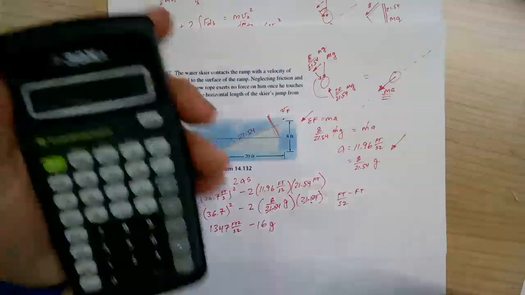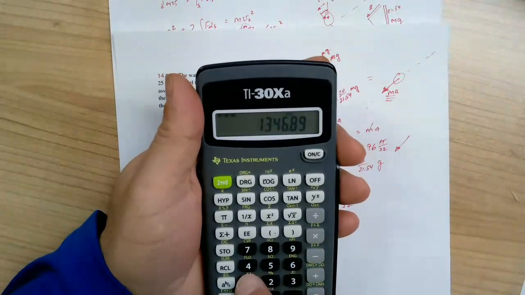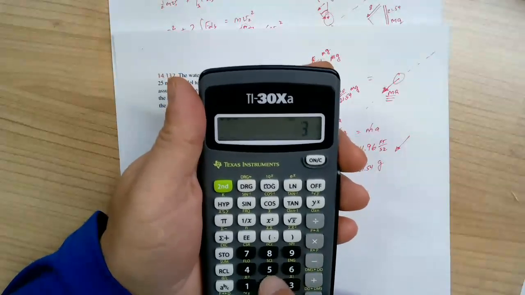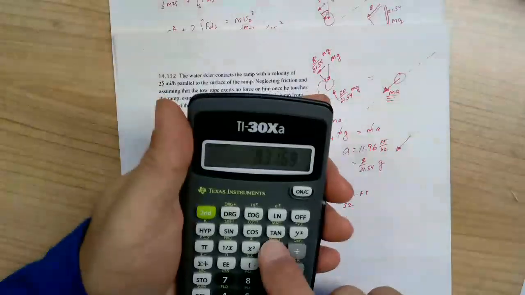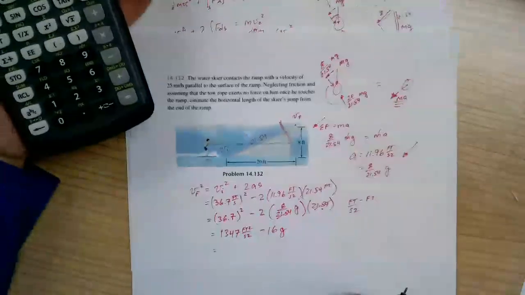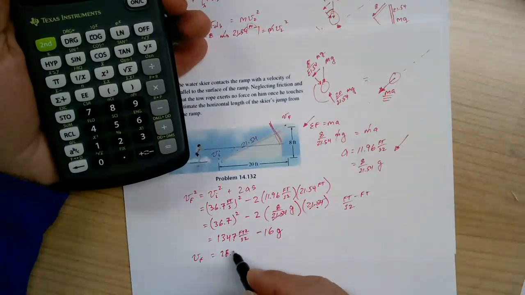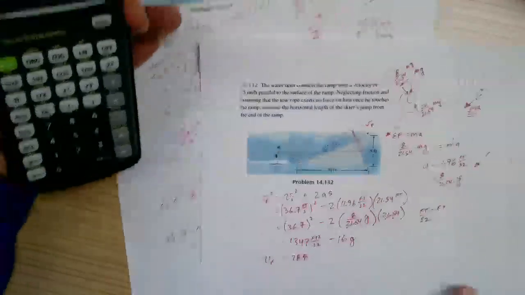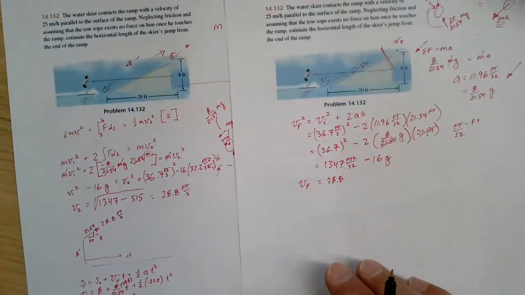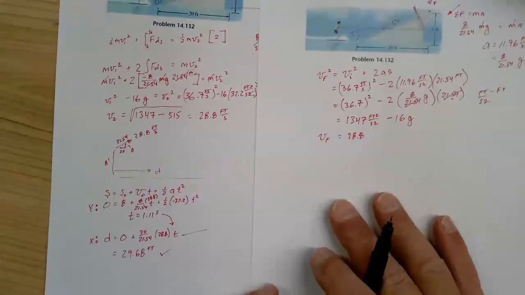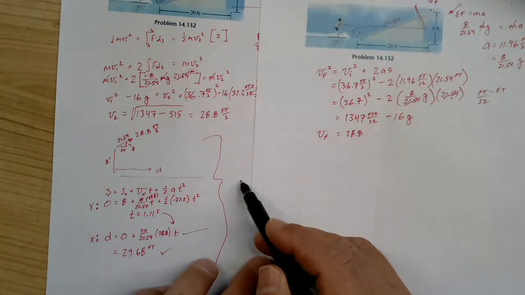So this one here, so minus 16 times 32.2 equals, there's our 831, square root 28.8, V final 28.8. And then, so I got everything there. You're right back to this here,